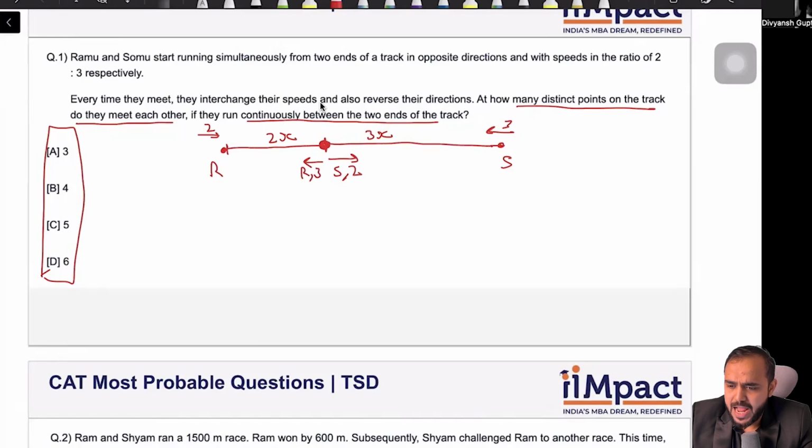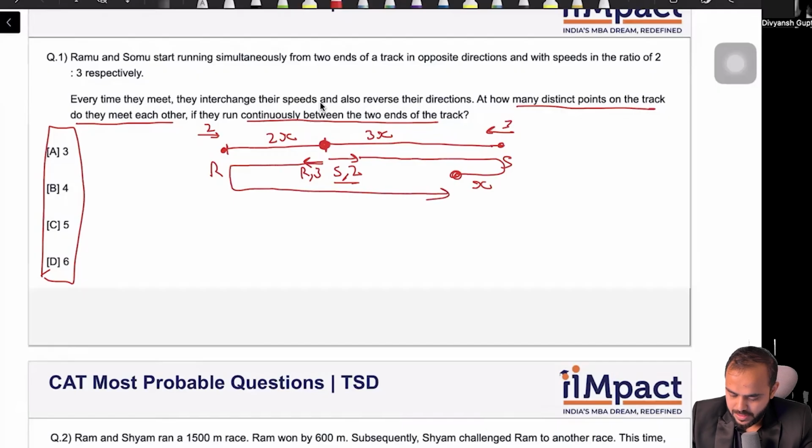until the next meeting point, Somu, moving with a speed of 2 times out of the 2 is to 3 ratio, should cover 4x distance. So when he covers 4x distance, he would be somewhere around here where this distance is x. In the meanwhile, Ramu with a proportionate speed of 3 times should be traveling 6x distance. Correct? So this is 2x and then this would be 4x, which means this meeting point is correct. So their next meeting point will be this point, and this distance is x, and this distance will become 2x